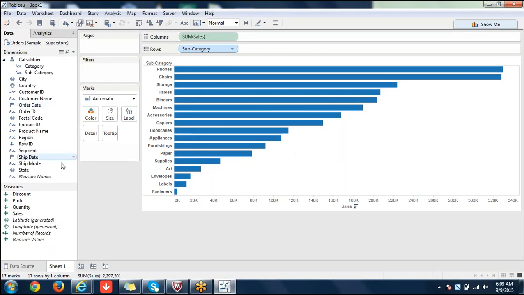You can name it, that's not a problem. For example, you see this ship mode doesn't have any relation with any other column in these dimensions. But if I still drag and drop it below subcategory, it will still accept, right? But that doesn't make sense, so please don't do it. Otherwise, if you want a hierarchy just for namesake, you can do this: ship mode, product ID, product name. Go and drag on this.